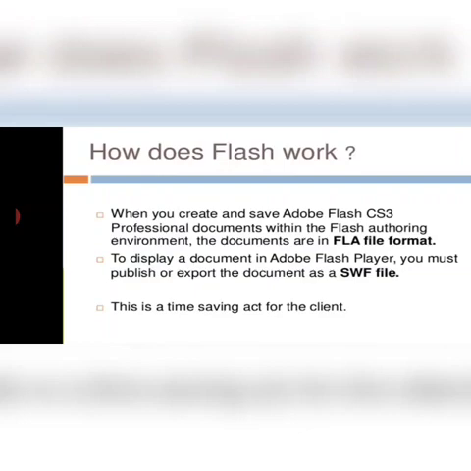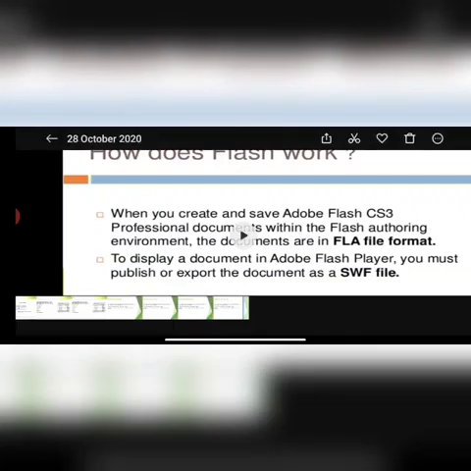Then you have to click on the Flash file. You have to select ActionScript 3.0 version, under the create new section, to open the Flash document. So like that you have to open a Flash file.